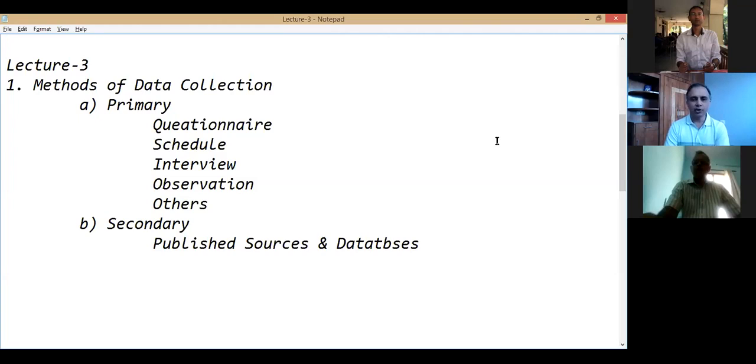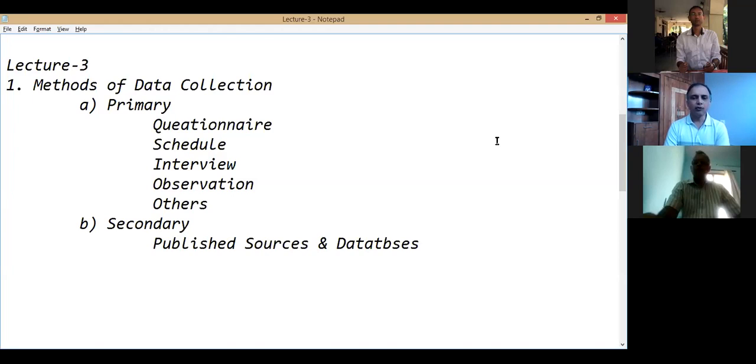Anywhere you do your research, it starts with the problem identification, the variable. We study what the people have done on that variable so far. It's called review of literature. We try to make certain hypotheses on the basis of previous work. And then we discussed how we'll commence ahead with this research. This is called research methodology. So research design or sample design. Sample design is a part of research design.